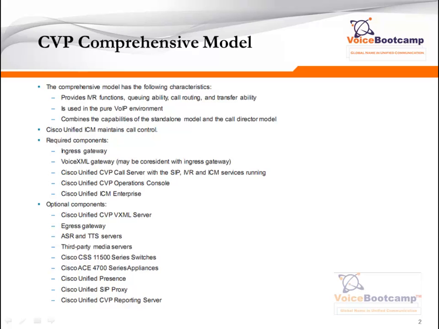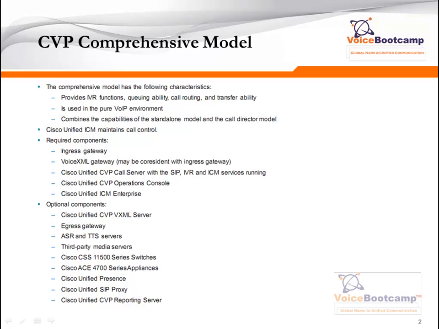The caller can be provided with IVR service initially and then be requested to transfer for queuing treatment if the agents are not available. And if an agent becomes available, then they can be transferred to a selected agent. Now, upon request, the caller can also be transferred between agents if they need to. In this type of environment, ICM and CVP can pass call data between these endpoints, providing reporting for all calls. Now, the functional deployment model provides the capability of the standalone voice XML server and call director functional deployment models, plus the ability to route and queue the call